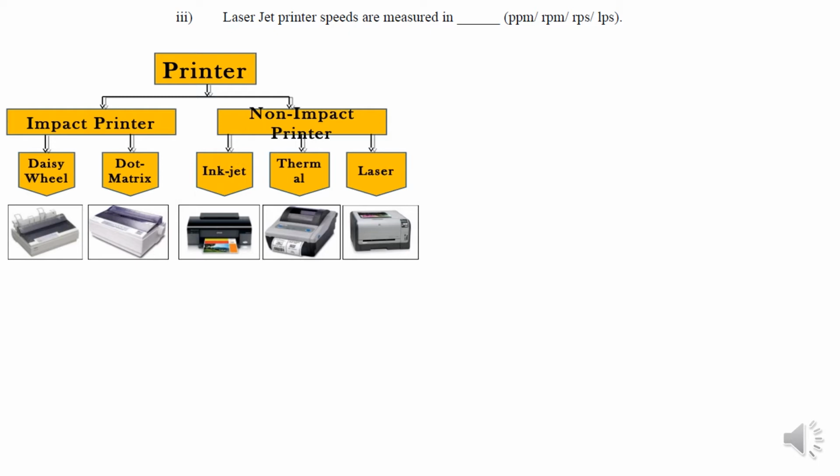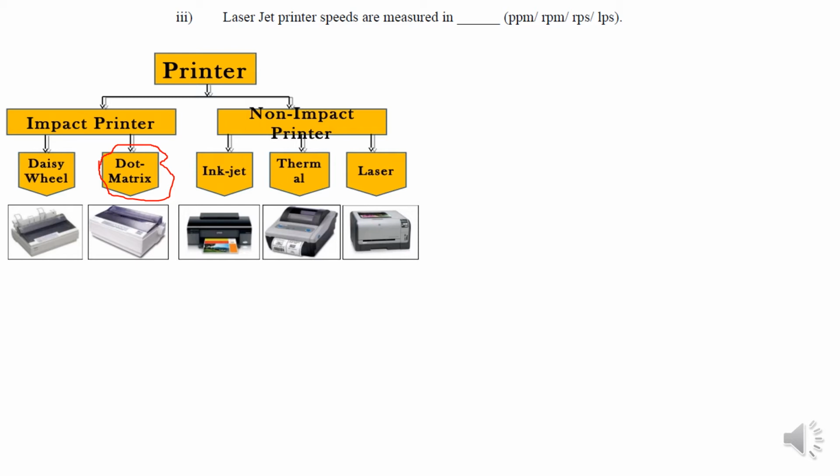What is an impact printer? Impact printer means whenever we are printing using that kind of printer, there is some drum system where some physical touch or hammering is required to get the print on the paper. In that category you get daisy wheel and dot matrix printers. Some of you may have seen dot matrix printers in old railway reservation counters or older post offices. They are very noisy and take a very long time to print, and the characters are dotted. They are not very good looking.